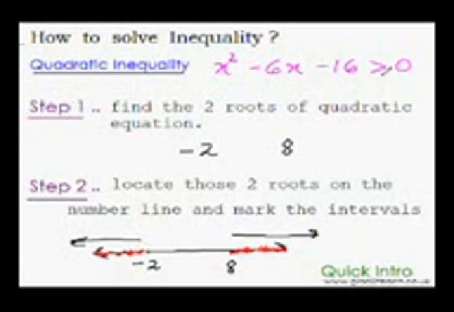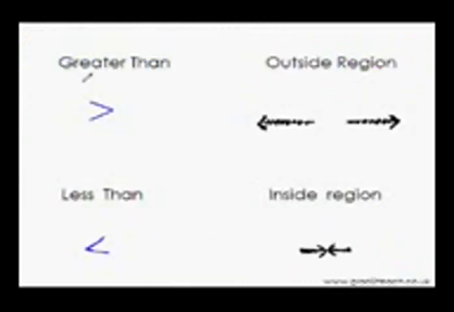And had it been less than, then certainly you would have marked the inside region, this one, isn't it? So if it is greater than, it is the outside region. If it is less than, it is the inside region. You can also sketch the quadratic equation graph just to impress the examiner all the more. As you know, quadratic equations have a parabolic graph, the umbrella shaped graph. That's it. Have you understood it? So if it is the greater than inequality like this one, then it will be the outside region, and if it is the less than inequality, then it will be the inside region.